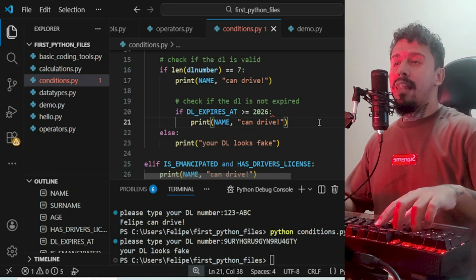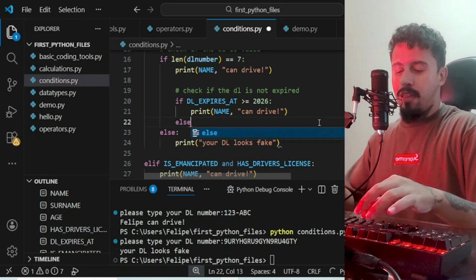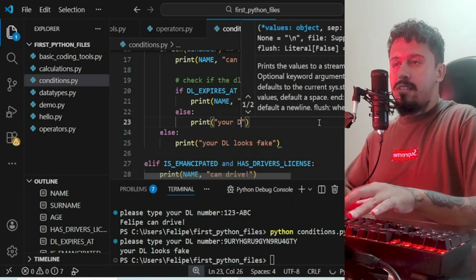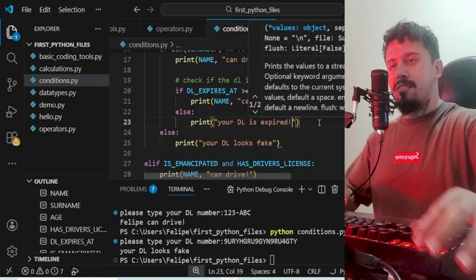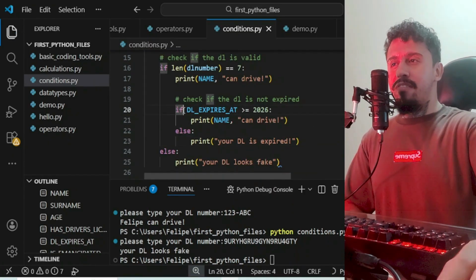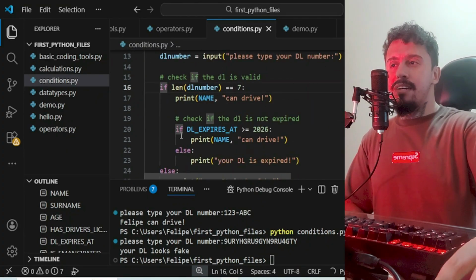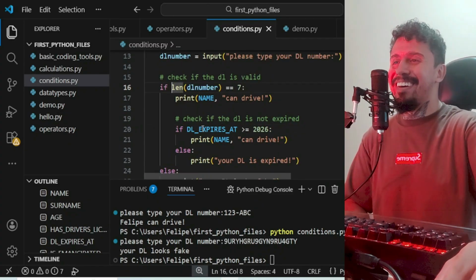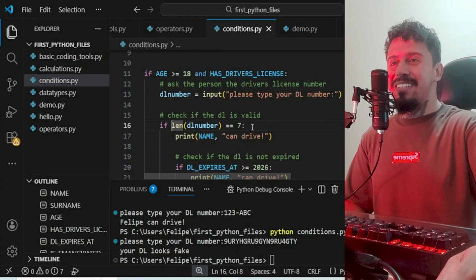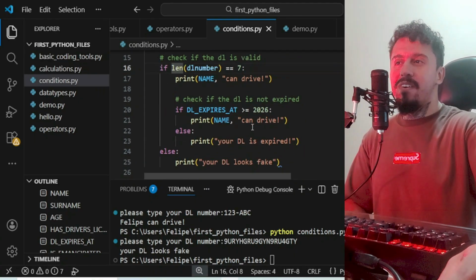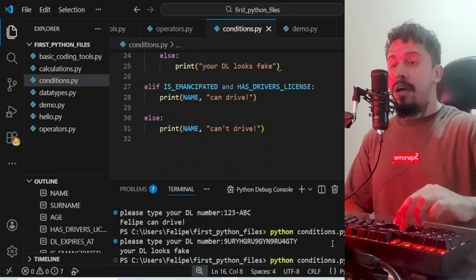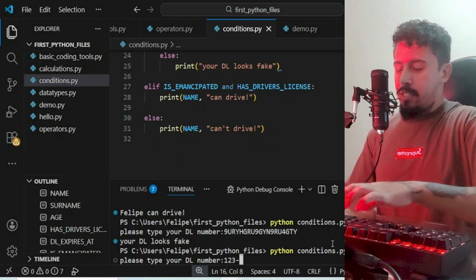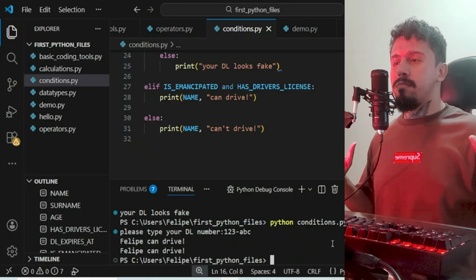But let's put else here and print your DL is expired, right? You can see that we have three ifs, one inside the other and the other inside of the other. This is basically the nested if structure. Alright, so let's run, let's see what happens. Please type your DL: 123-ABC. Felipe can drive